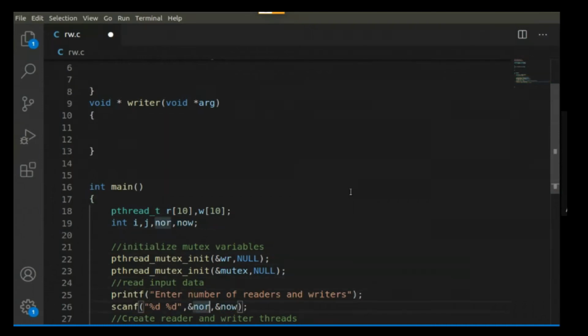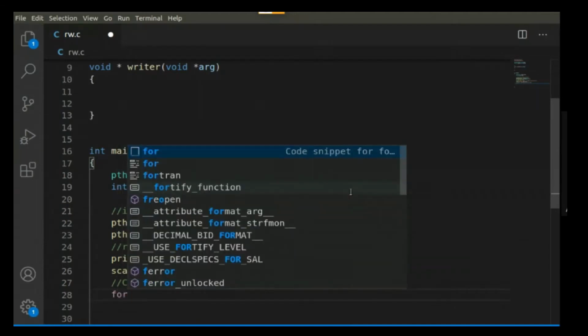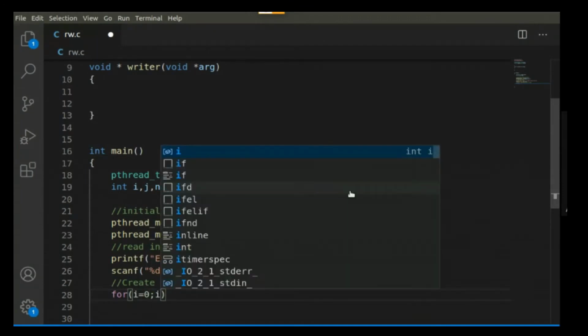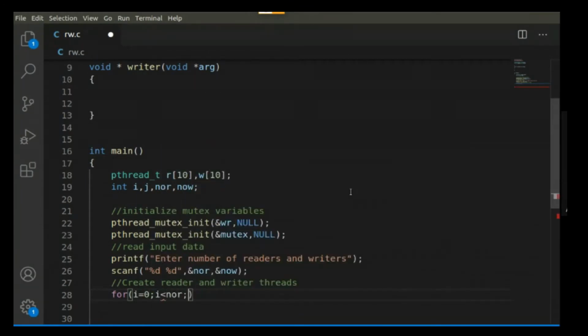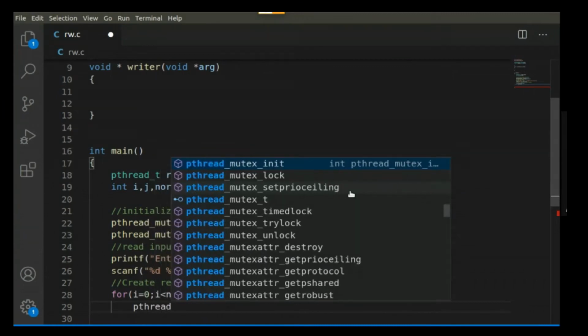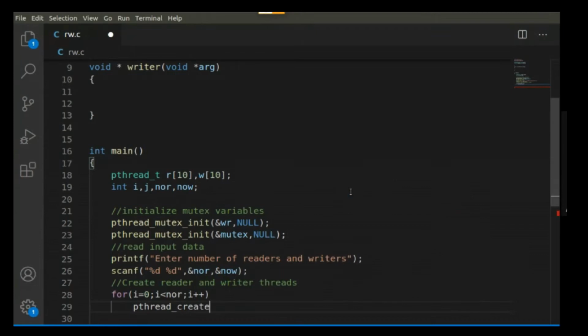Okay, now we have the values number of readers and number of writers. For those many we will be creating the threads. So for i equals 0, i less than number of readers, i plus plus, and which function? pthread_create. What are the parameters?